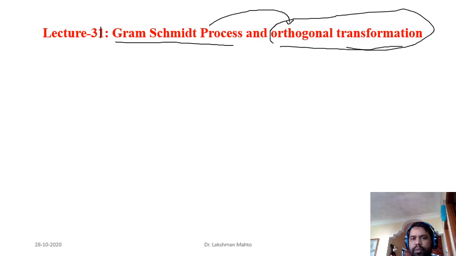If you apply this kind of transformation over any vector, suppose x, then what will happen under this transformation? It is norm invariant. That means the norm of the image of x would be equal to the norm of x. That means it preserves distance. So if you apply an orthogonal transformation over any vector, it is not going to change the norm of the vector, but it will change the orientation. That means it will change the angle. That kind of transformation we will discuss, and it is highly dependent on orthonormal basis.